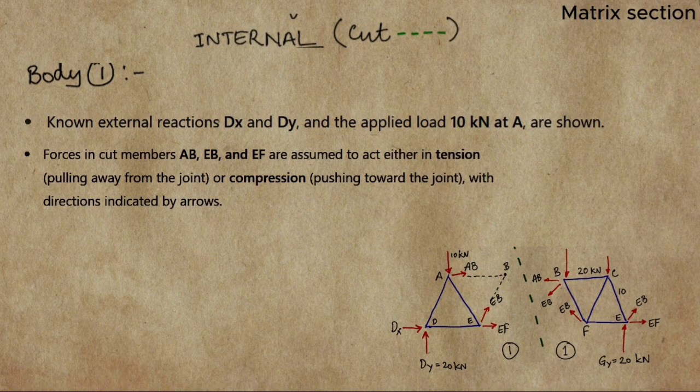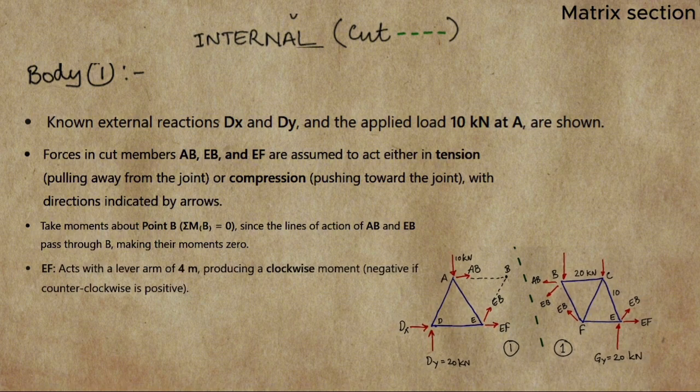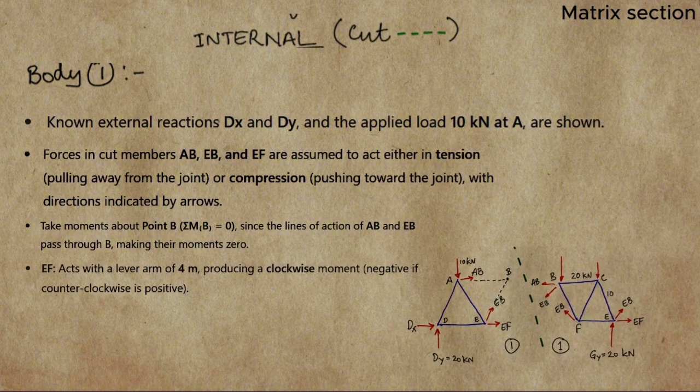And the forces in the cut members AB, EB, and EF are assumed to act either in tension or compression. Take the summation of moment about point B equal to 0. Since the lines of action of AB and EB pass through B, their moment is 0, and EF acts with a lever arm distance of 4 meters,